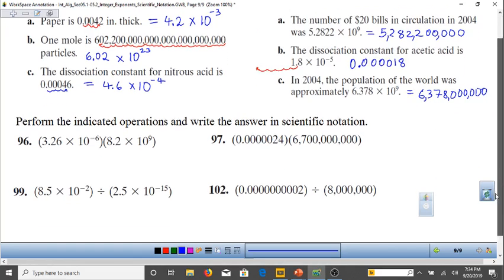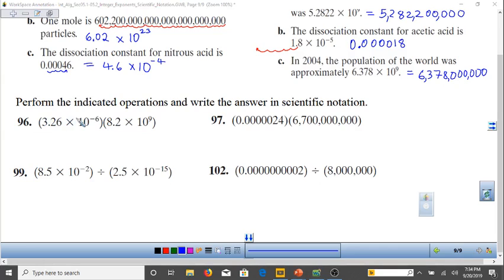Lastly, when you're multiplying using scientific notation, you simply multiply the corresponding numbers together and then adjust with the exponents. So we have 3.26 times 8.2. What I would do is multiply the whole numbers. So we have 3.26 times 10 to the negative 6 multiplied by 8.2 times 10 to the 9. I multiply 3.26 times 8.2, and then I multiply the powers of 10 together